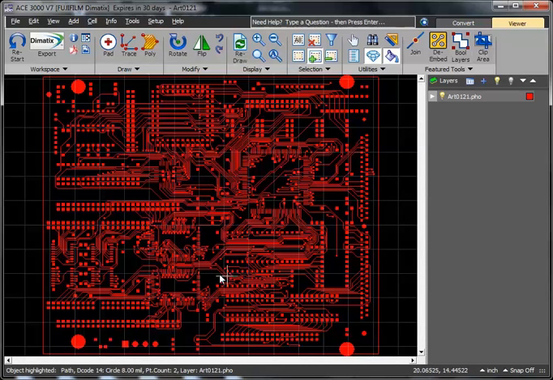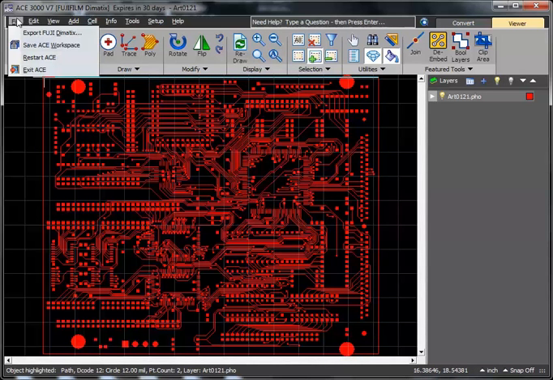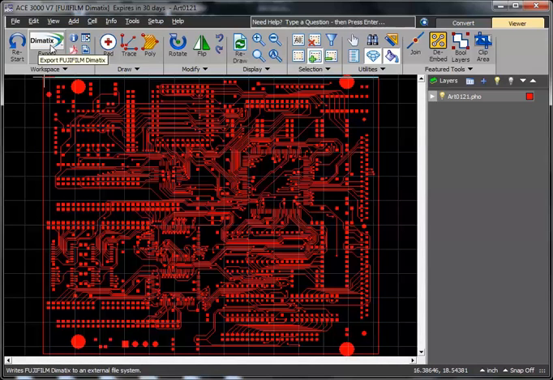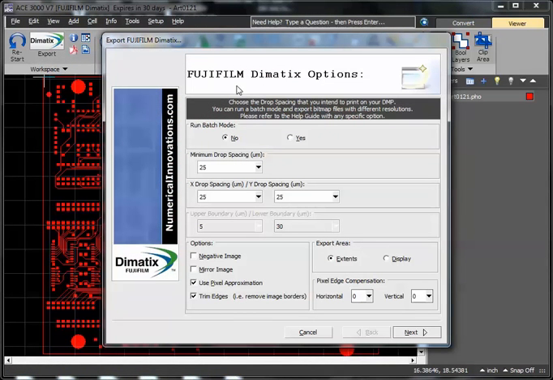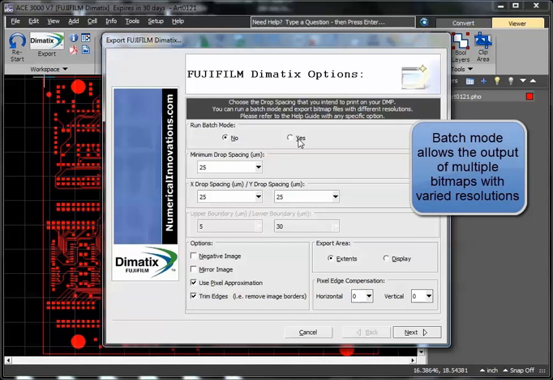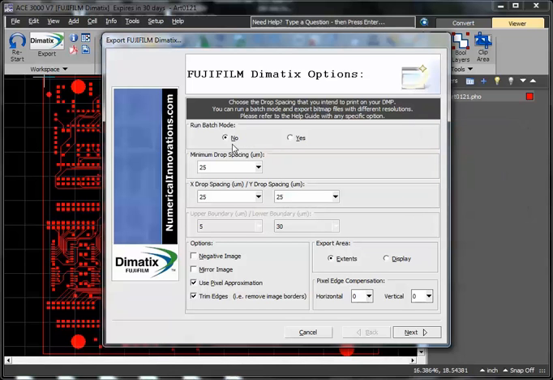I've loaded in my Gerber file, and the first thing I like to do now is export out that bitmap. I'll simply press this button from the toolbar, or you can go to the File menu, Export Fuji Dimatix. Here you'll get the options where you're able to select how you'd like to output your bitmaps. You have Run in Batch mode, which allows you to output multiple bitmaps with different variations, or you can just say no and output one at a time. For this sample, we'll select the drop spacing of 15